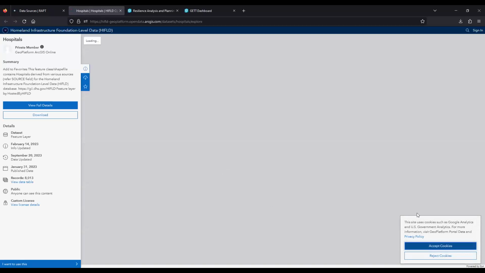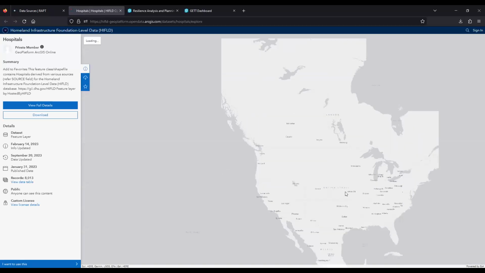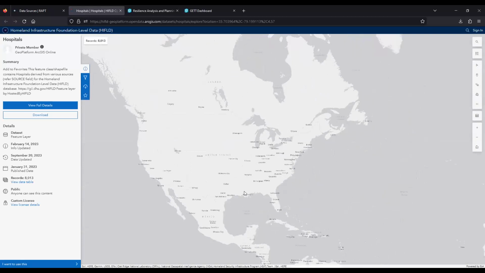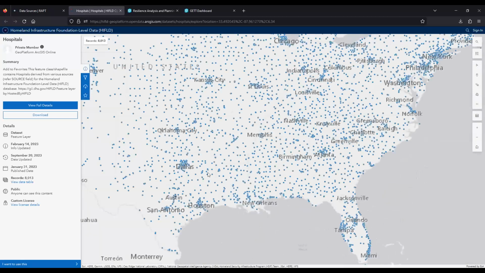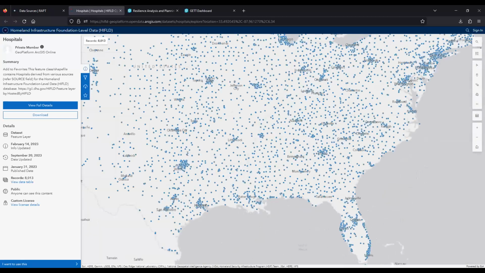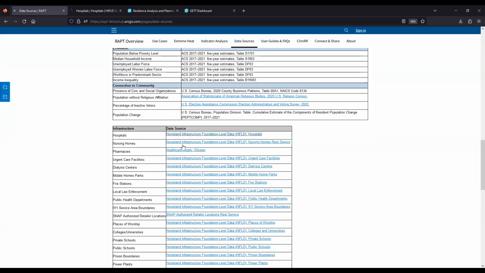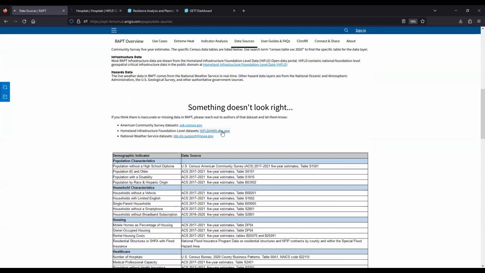So if you see something like that, we definitely recommend you reach out to Highfield and let them know. You can see this is the layer that we're pulling from. Reach out to this email address in Highfield, let them know. And from what we've seen, they've been very good at responding and updating and correcting that information.